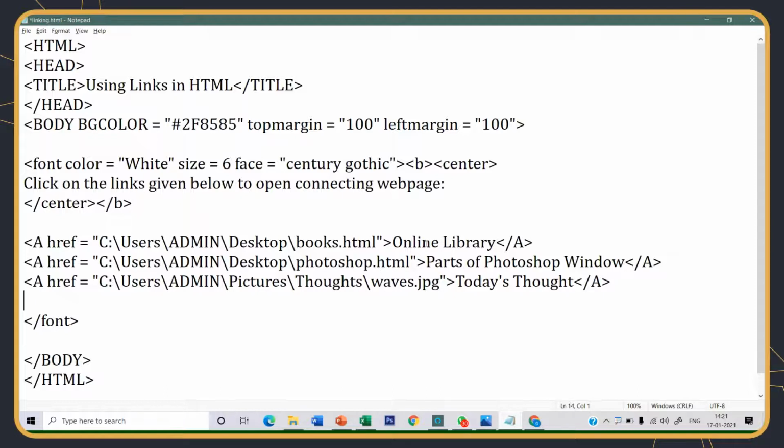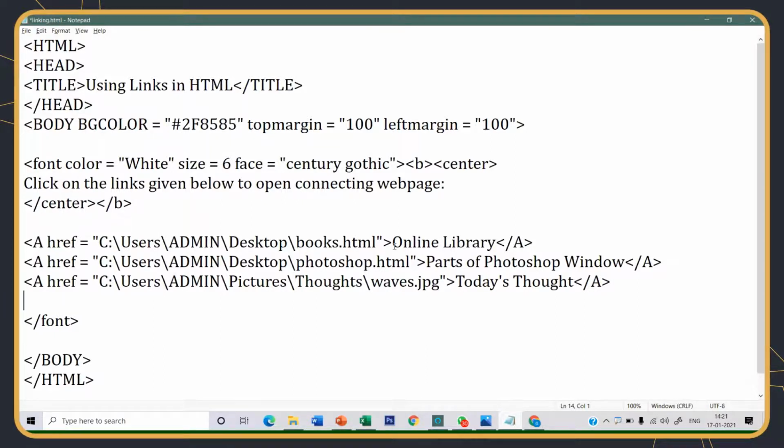You may have noticed that when you open Google and search for any topic, links appear in different color, and when you click on one link, the link will change the color. That means it will show you that you had already visited this link. That changed color will indicate that you had already visited this link.